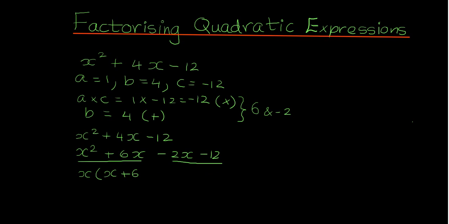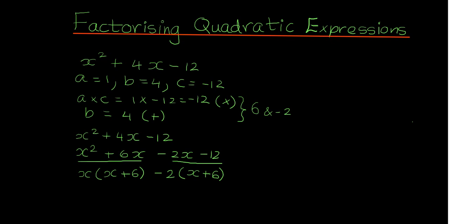and when I factorize these two, the highest common factor is going to be minus 2. The reason I chose minus 2 is I want both the brackets to be the same. If I choose 2, the brackets will be minus x minus 6, which is not what I want. I want x plus 6. Alright, okay, and then I can see both my brackets are the same, so I'm going to factorize the entire expression,